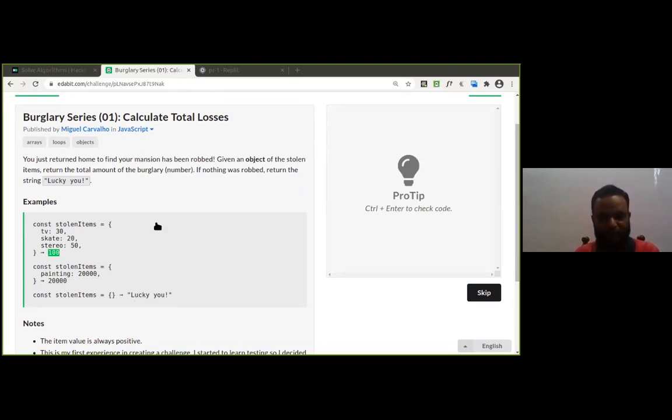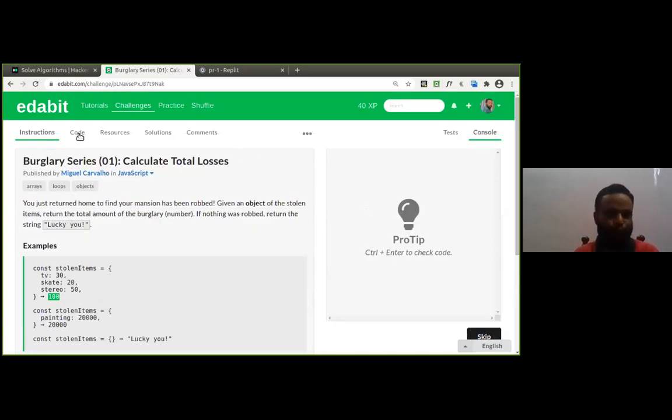Rohan has come up with an answer. Reduce. Okay, fine, good. Sum up all the values. Rohan, if that is empty, then you have to return some other answer. Yeah, that's the right answer Rohan has given. We are going to sum up. This is one task we are required to do, isn't it?